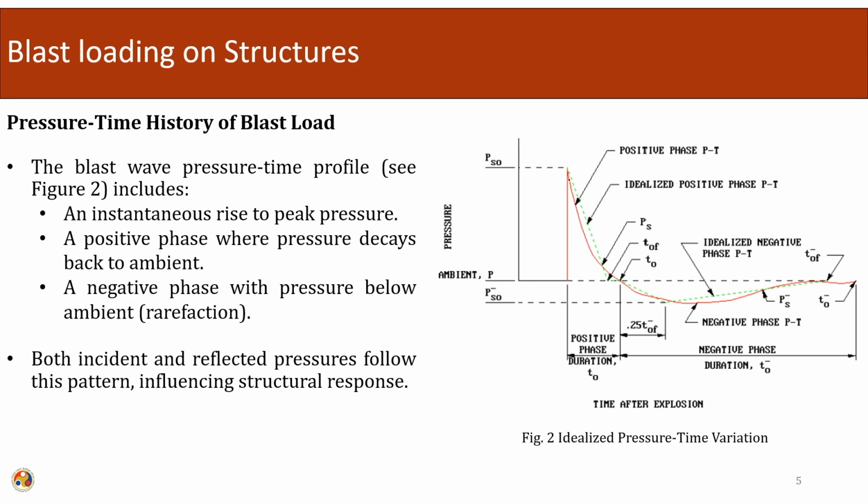So, this is the pressure time profile. In reality, there is a steep rise, and this rise happens in nanoseconds. Normally this is neglected and taken as a straight curve. It rises above the ambient pressure suddenly, in nanoseconds, then falls back, goes into the negative region, and again subsides to the ambient pressure. This is called the positive phase duration, and this is the positive pressure, negative pressure, and this is the negative